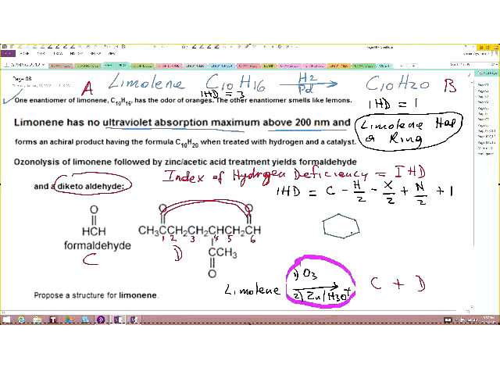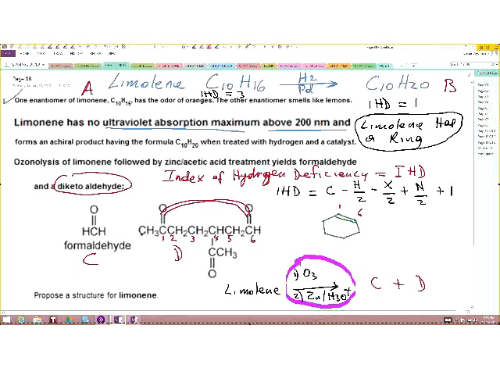Okay, we draw a 6-member ring, and the double bond is between what carbon? Between carbon 1 and 6. Okay, so we place a double bond here. Right away, let us say this is carbon 1, and carbon 6. Is that right so far? Now, if that is the case,